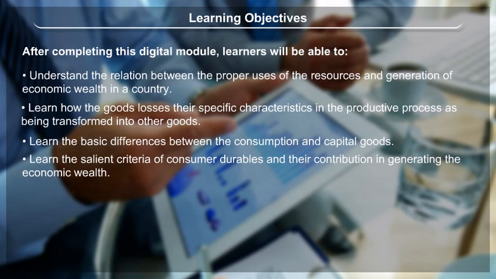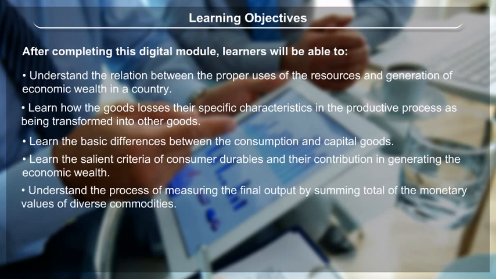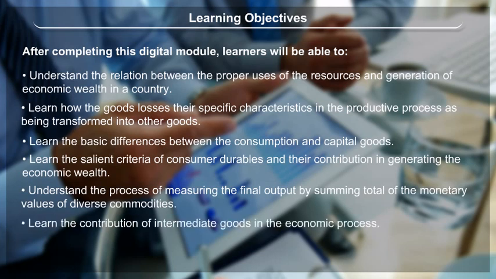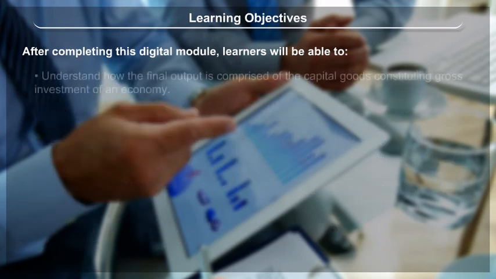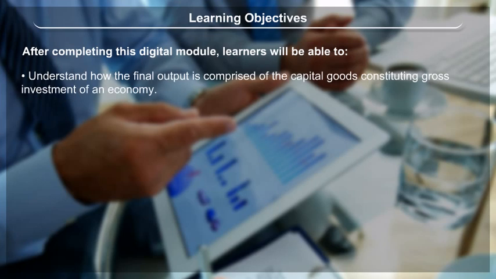learn the salient criteria of consumer durables and their contribution in generating the economic wealth, understand the process of measuring the final output by summing total of the monetary values of diverse commodities, learn the contribution of intermediate goods in the economic process, understand the basic concepts of stock and flows in the economic process,